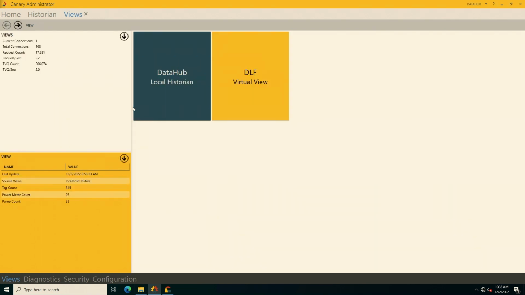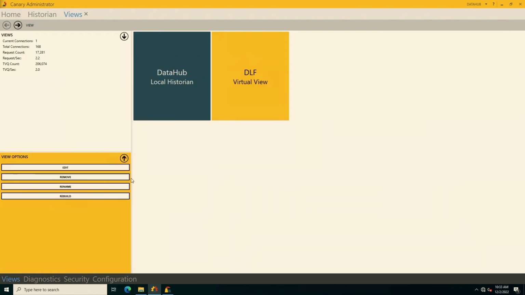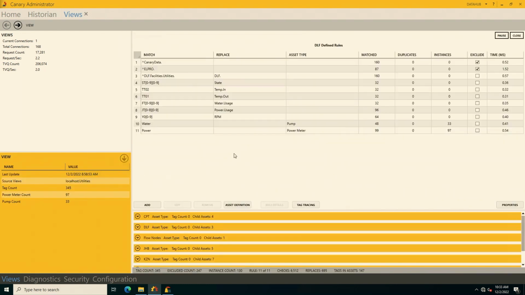So to actually configure it, I'm going to go ahead and click on the drop-down and say Edit. You will see there's a few instructions there under the Match and Replace column. This is just to say, whenever in my tag name I see this specific string, replace it with this or format it this way. This would be helping you to rearrange the tag name and resolve the issue where you